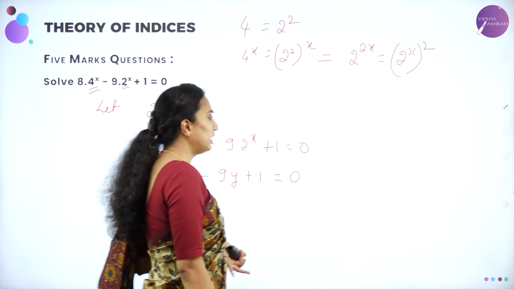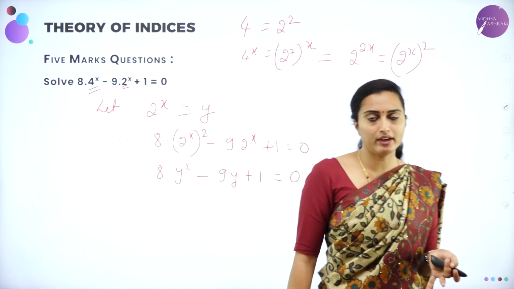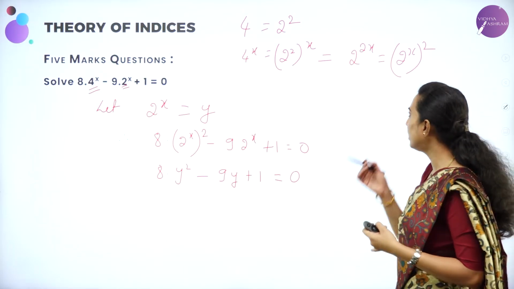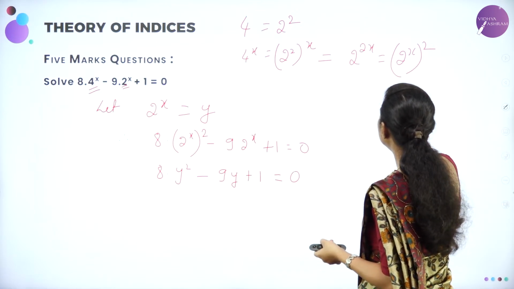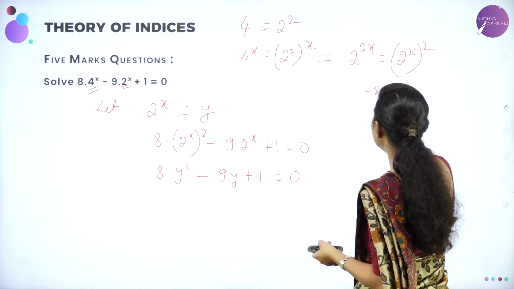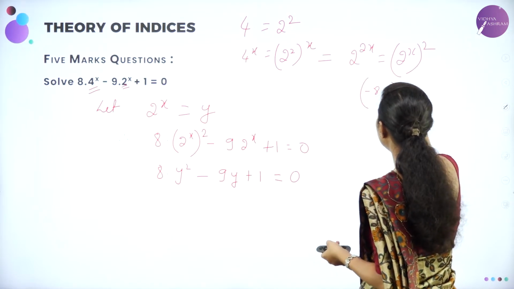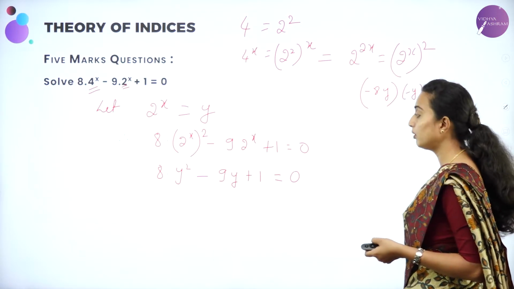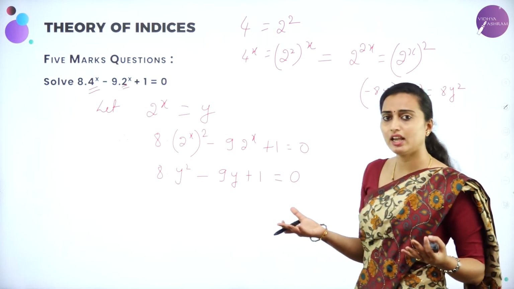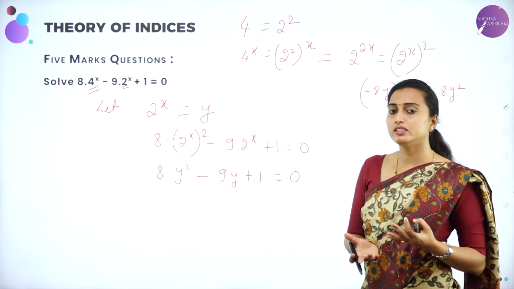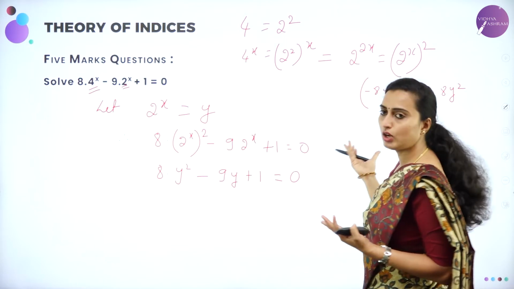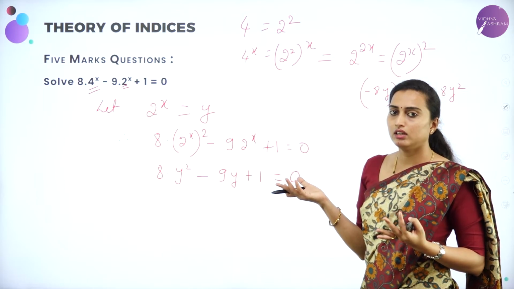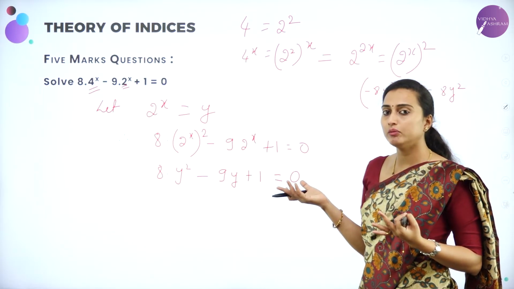Correct? So if you multiply, you should get 8y squared. If you add or subtract, you should get minus 9y. What are all the roots you are going to have? So as we have written, you can have minus 8y into y, which is 8y squared. Correct? And then 3 3s are 9, but 3 plus 3 is never equal to 8, it is equal to 6. So what are you going to do? The only option is 8 into 1. 8 into 1 is 8, correct? And 4 2s are 8, but 4 plus 2 is 6.